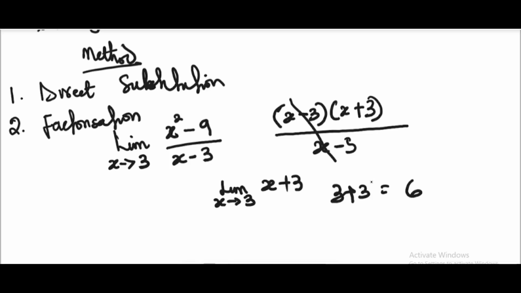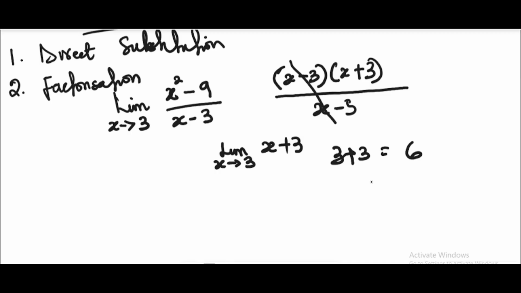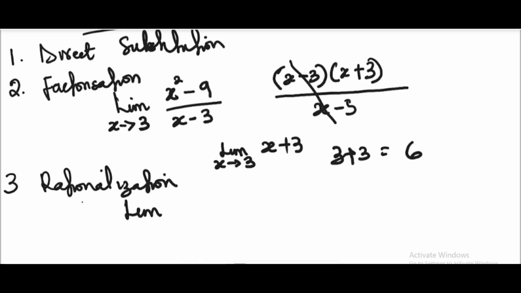Now we're going to look at rationalization. That's the third one, rationalization. What happens when you have a function or a limit and a root is involved? Rationalization. So now let's look at this example. If I have the limit as x tends to 4 of the root of x minus 2